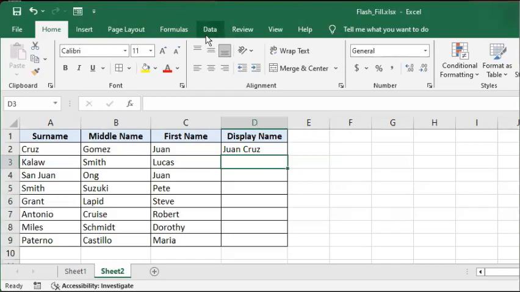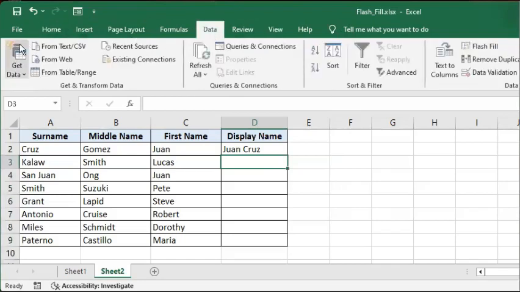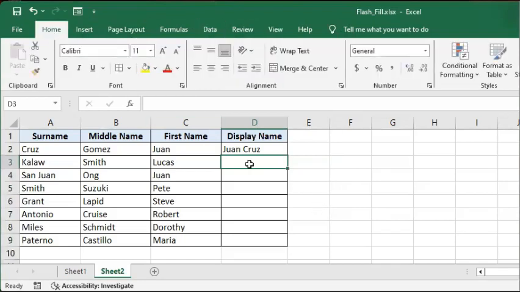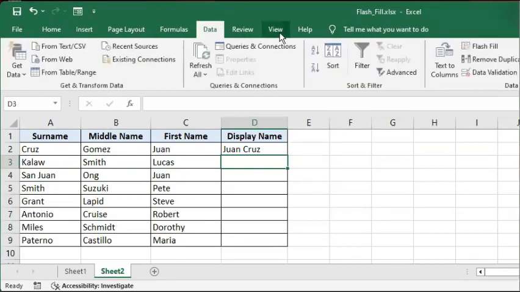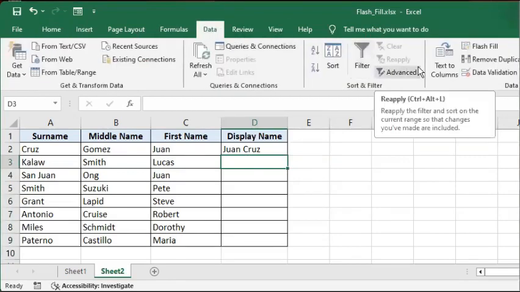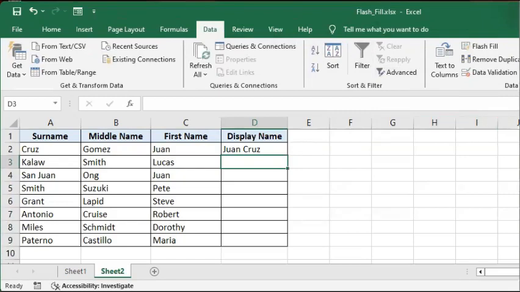So you click on the Data tab. Then somewhere to the right, under the Data Tools section, you will look for Flash Fill. So you click on Flash Fill,